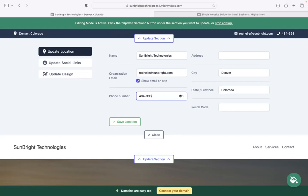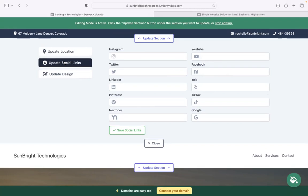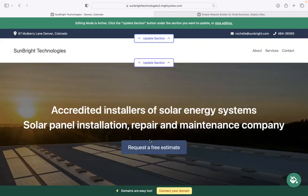Excellent. Phone number is click to call. And address, maybe you're a mobile business. You don't want to display an address, but if you do, pop it in over here in this section. And when your website's live, your customers can actually click on that address and be taken to Google Maps for directions. Under update social links is where you can put in the various social media platforms where your business is active on. Once you've done so, the icons will be displayed at the top as well as at the bottom